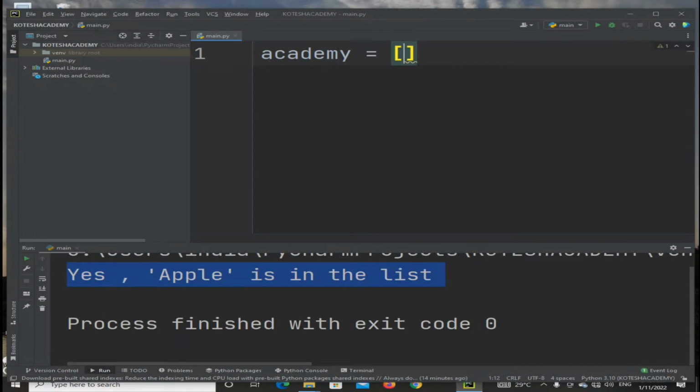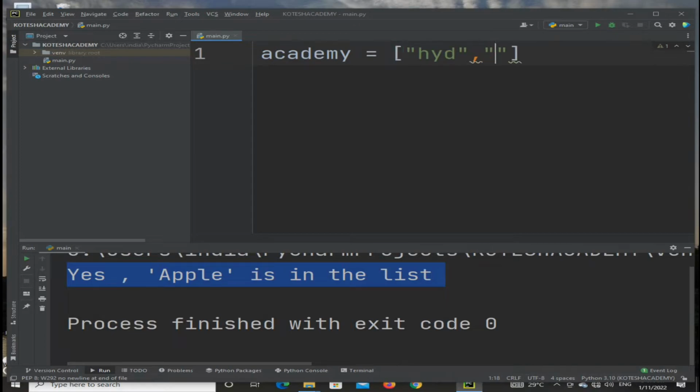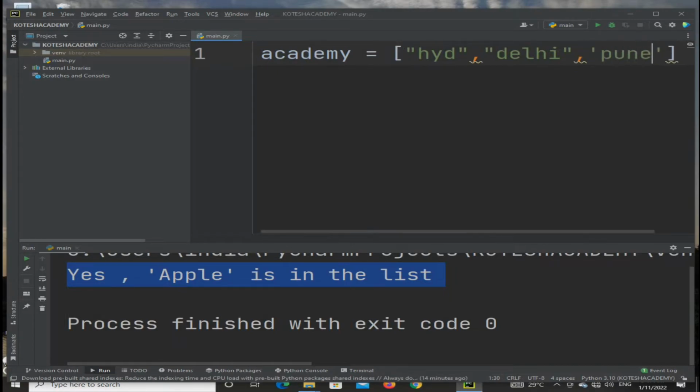Next, here Hyderabad, and single quotation Delhi. Next Pune, we are taking small letters or capital letters, no problem. Okay. Like that, if you take these 3 values.